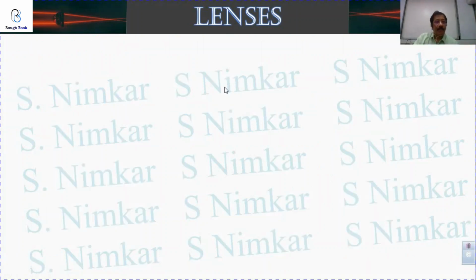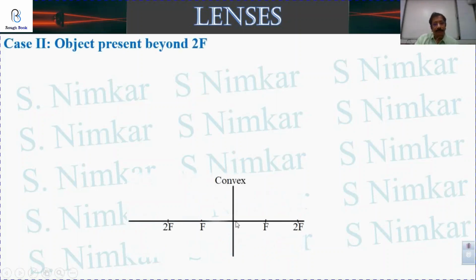Now, case 2, when the object still comes closer. When the object is moved from infinity beyond 2F. So case 2, object beyond 2F. Now, again, this instruction will remain the same. A vertical line, that is convex lens as y-axis, principal axis, okay, that's the horizontal line, and these distances should be equal. Okay. Now, you will draw a linear object beyond 2F,